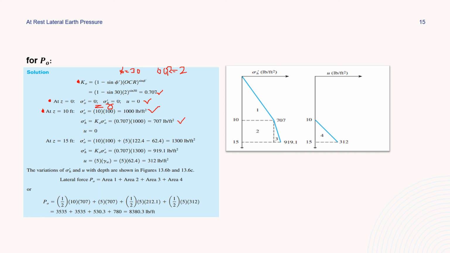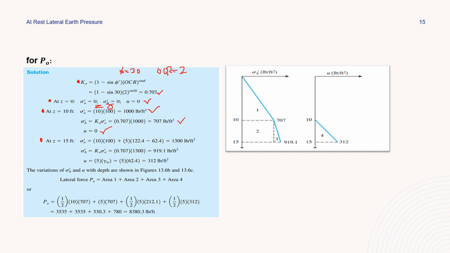The pore water pressure at this point is 0, because there is no water yet above the groundwater table. So going deeper, at Z equal to 15, the vertical effective pressure is different, because the 15 feet of soil retained by the structure is submerged in the groundwater table, meaning there is presence of water,